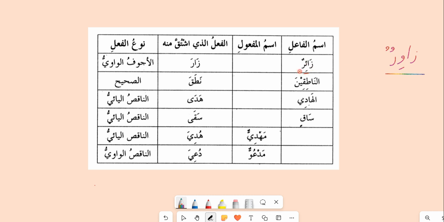Za'irun. So what kind of verb is it? It is ajwaf al-wawi. Natiqi comes from nataqa, and all the letters are sahih, so it is called sahih. Hadi comes from hada, and yahdi, as I said, the last is alif makhsura, which changes to ya, that's why it's naqis